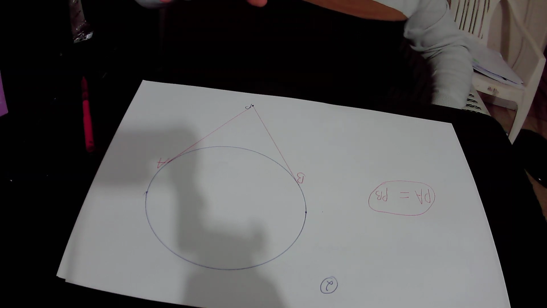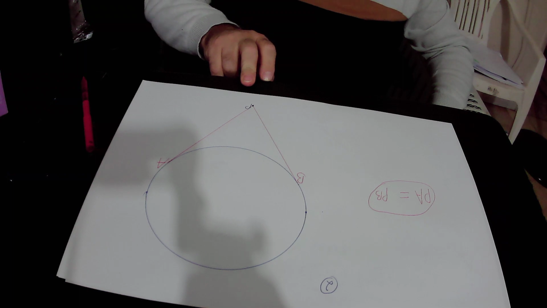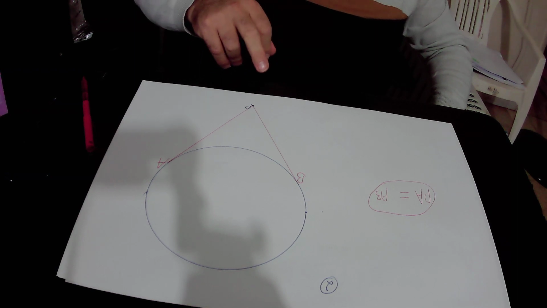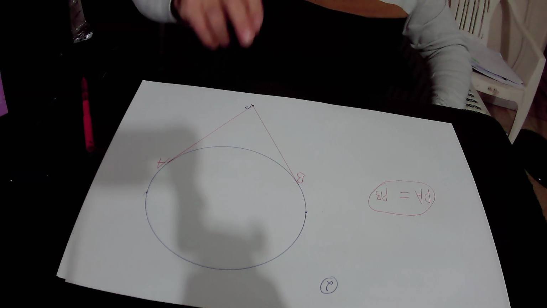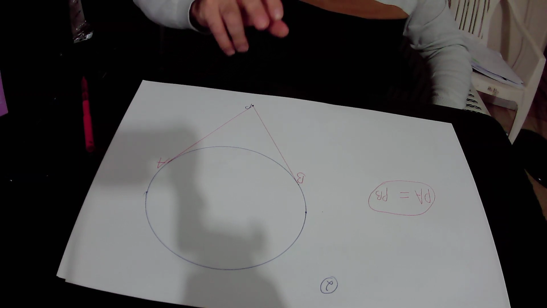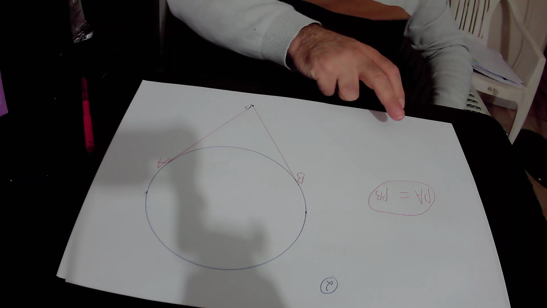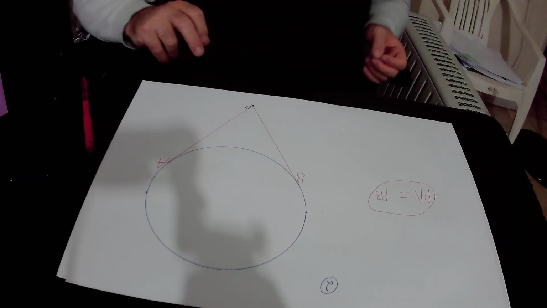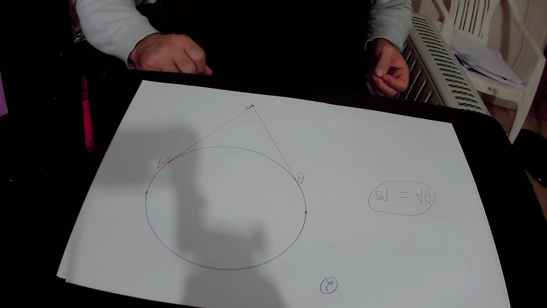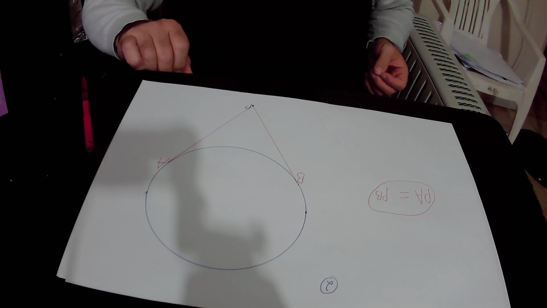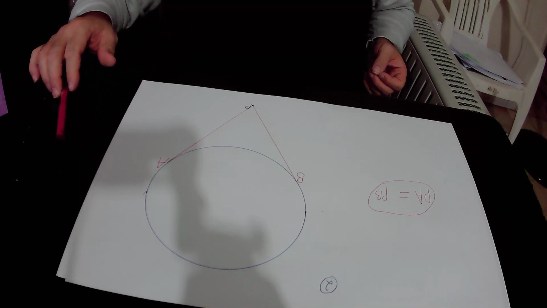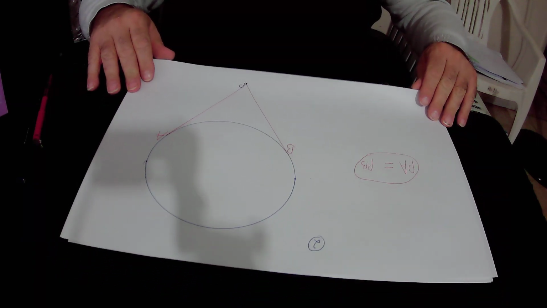Again, if we have an external point of a circle and we draw two tangents from the external point to the circle itself, then the lengths of those two tangents will be equal to each other. That is to say, PA will be equal to PB in this case. So this is the meaning of the two tangents theorem, and we can actually implement it in our drawing,